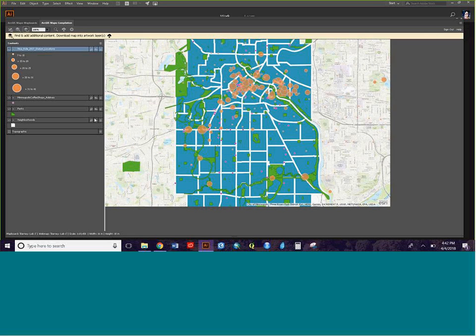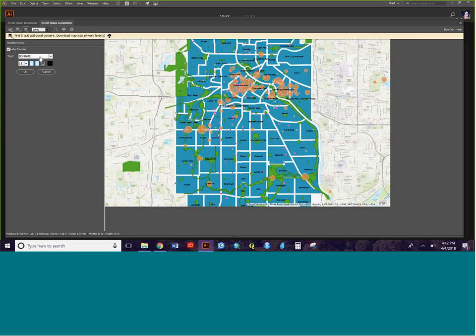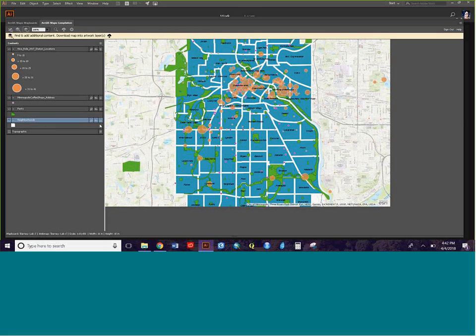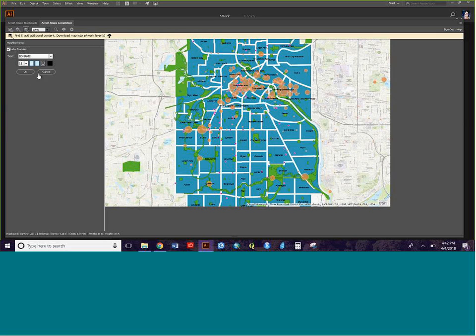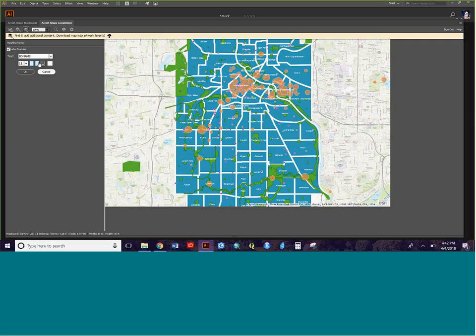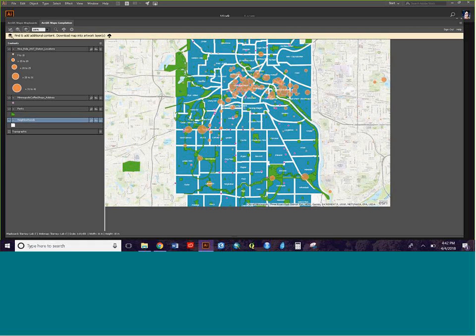So yeah, that's a little, and then the neighborhoods, I need the labels on, and yeah, that's the correct one. And can edit the labels a little bit, so you can choose color, whether it's bold and italic. I'll just do italic and 11 as well. So that's a little bit more manageable. But with that, then let's go and